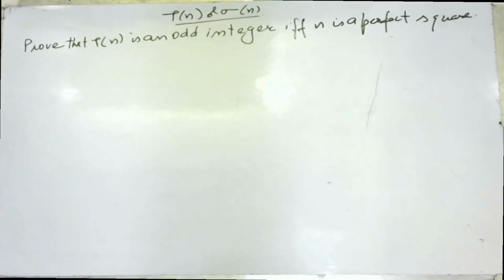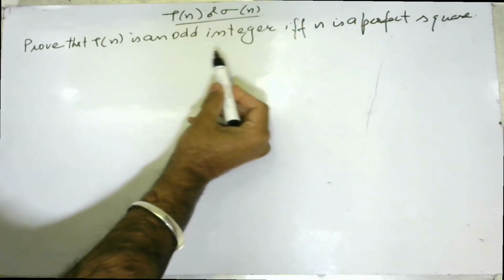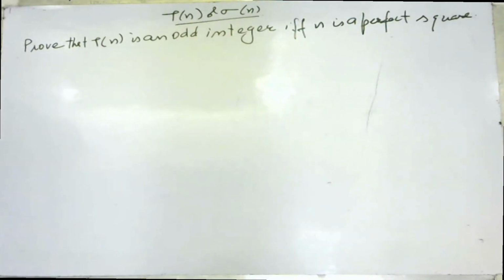Students, in this video we will discuss some numericals on tau n and sigma n. As we are all aware, tau n is the number of positive divisors and sigma n is the sum of positive divisors. So based on these definitions and the formulas, we will derive some of the numericals. First of which is: prove that tau n is an odd integer if and only if n is a perfect